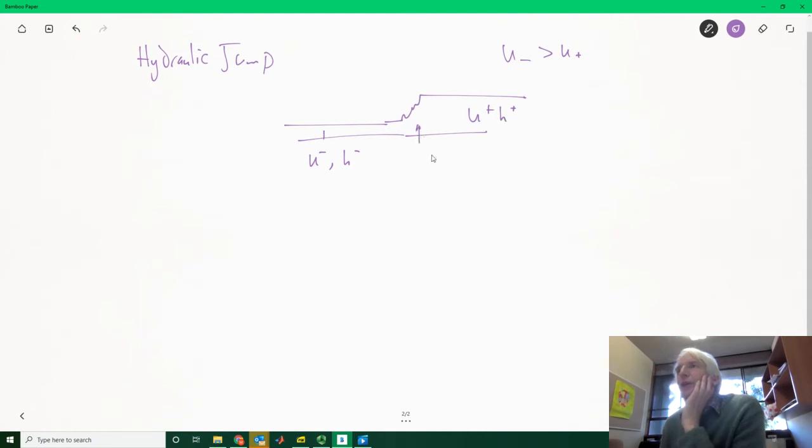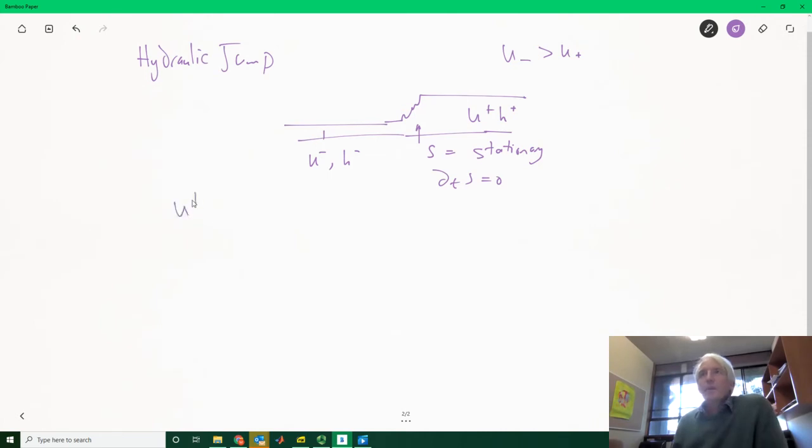And this shock here, the speed S, is stationary. So there's some system here that it flows up here too. There's something that keeps it in equilibrium to balance, because the water will become deeper here and go slower, or become shallower if it moves this way. So ds dt is equal to 0. And then you end up having to solve a system of equations, right? So now you've got u plus,